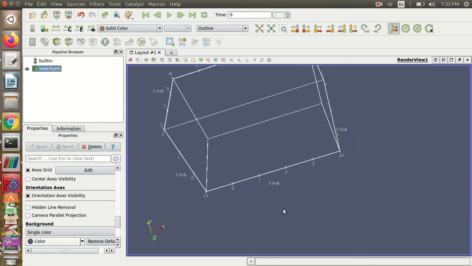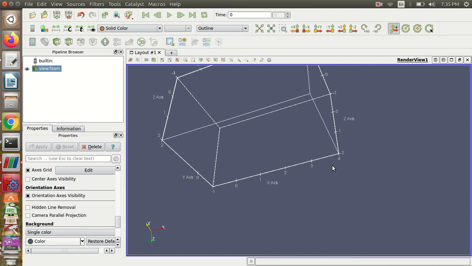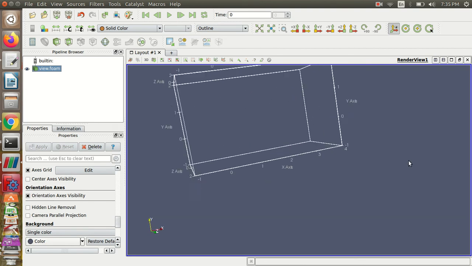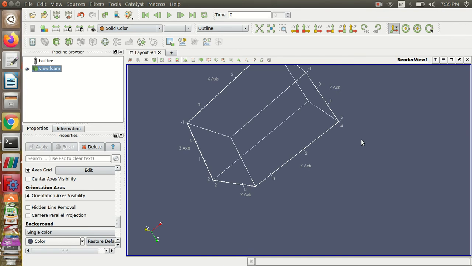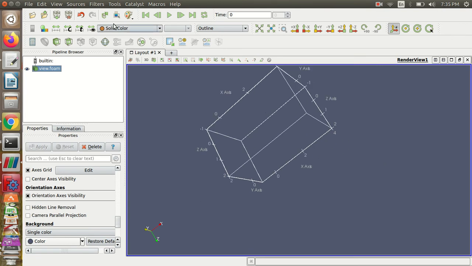That means, for example, if you have 5 meters and you are dividing it into 150 cells, it is going to be 5 divided by 150, which is roughly 0.033. Your cell size along the x-axis is going to be 0.033, and similarly along the z-axis it's going to be 0.03. So you can expect the same grading of the cell size for the geometry also.